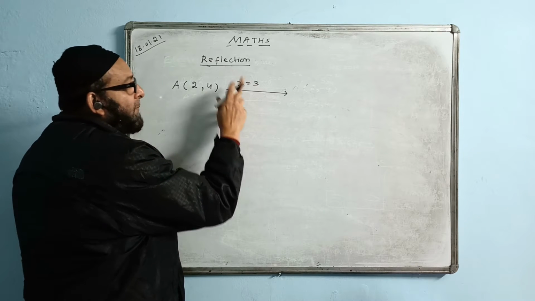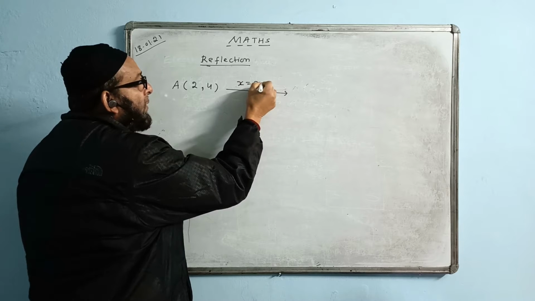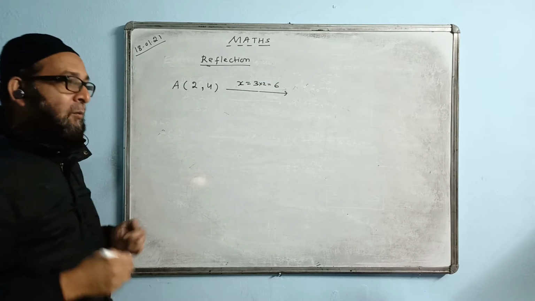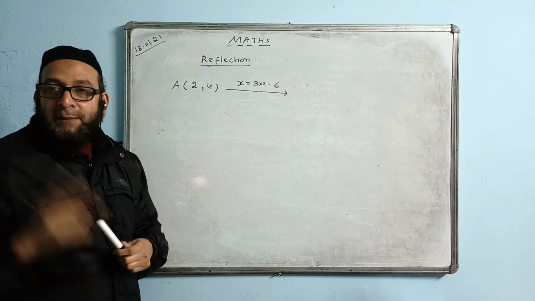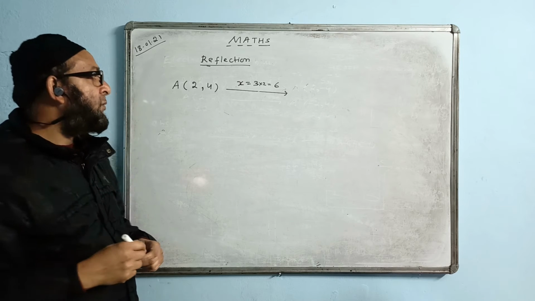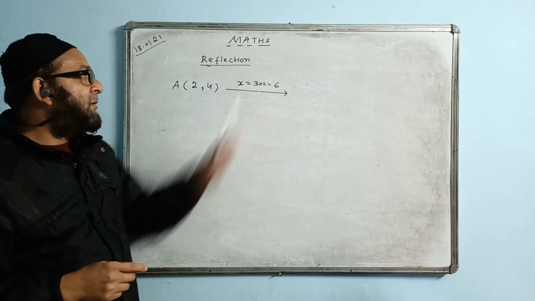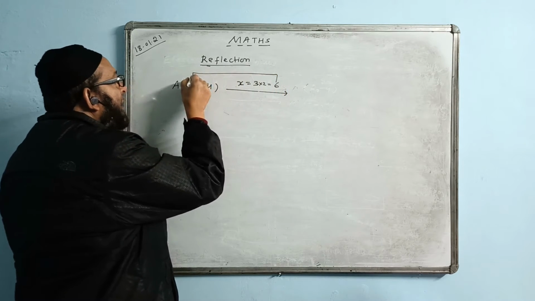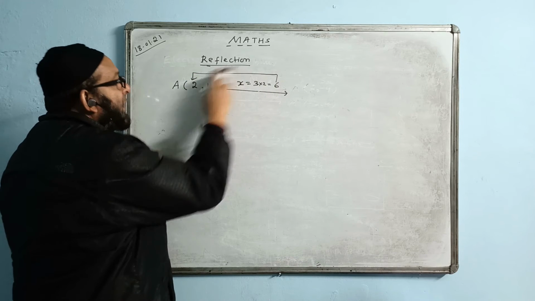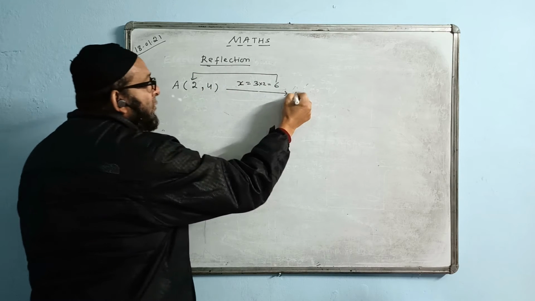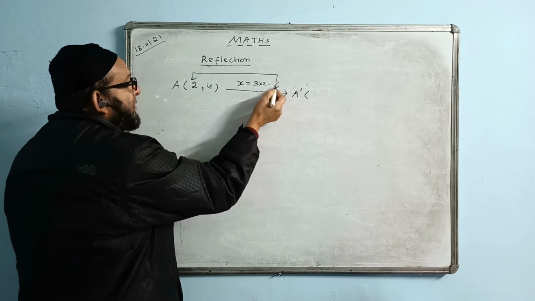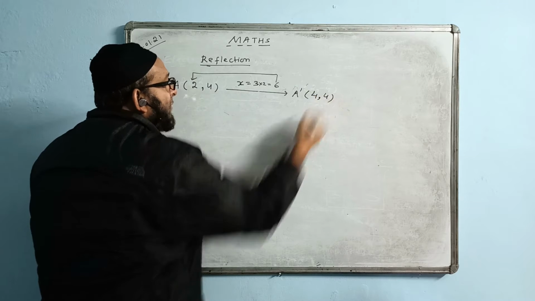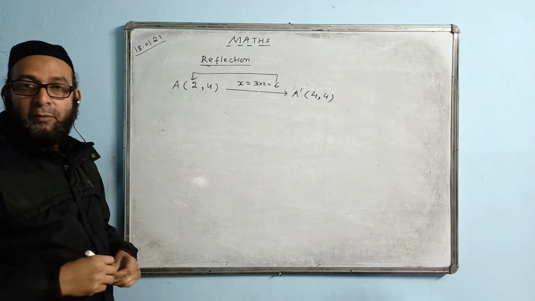Whatever is the number, the method says this number we always double. Into 2 we always do. And write down the answer here, 6. Whatever the number is, that number will be multiplied by 2 always. What is the answer? 6. I write the answer here. This is the value of x. From it we subtract the x coordinate. If it is y, we subtract the y coordinate. That is the new answer. A dash will become 6 minus 2. What is the answer coming? 4. The other one remains as it is. The answer comes (4, 4).